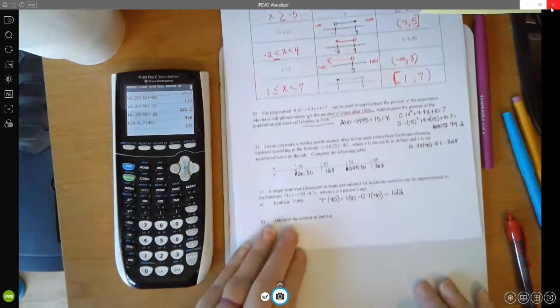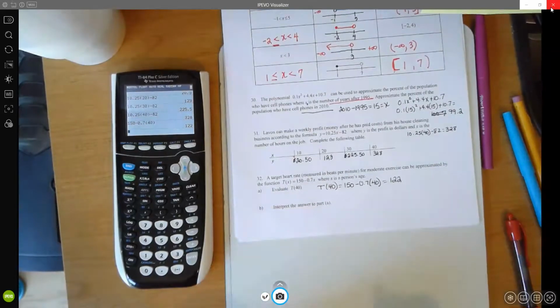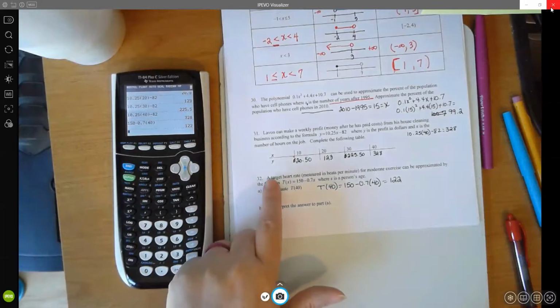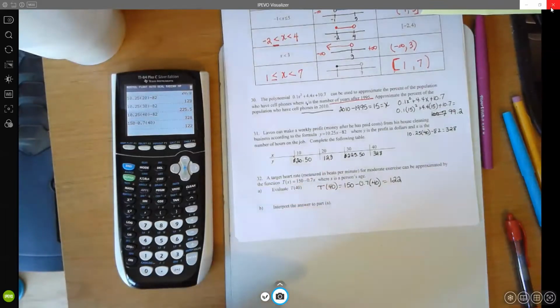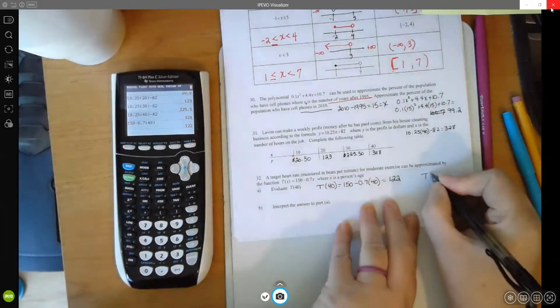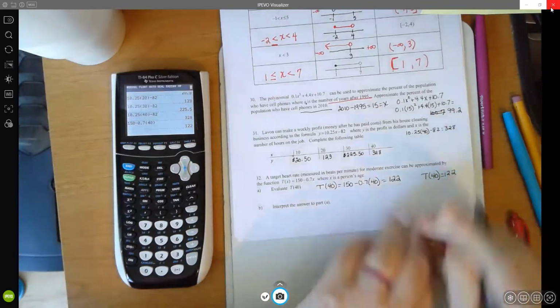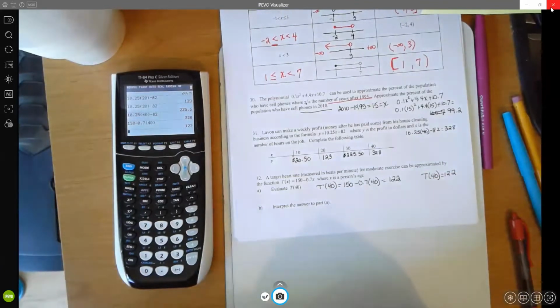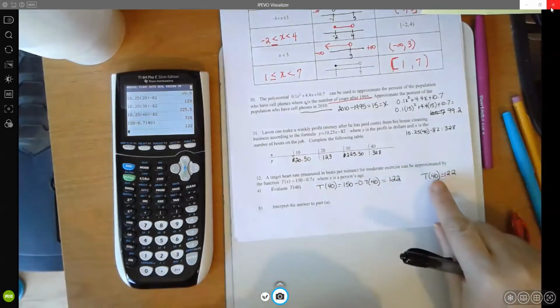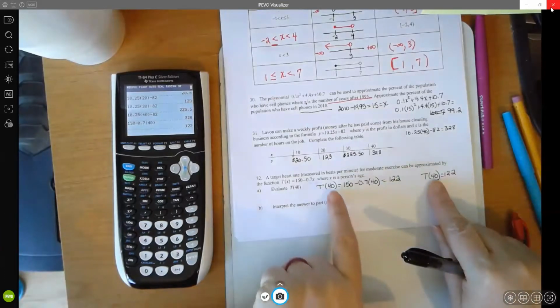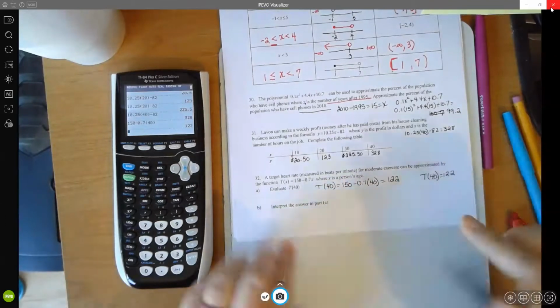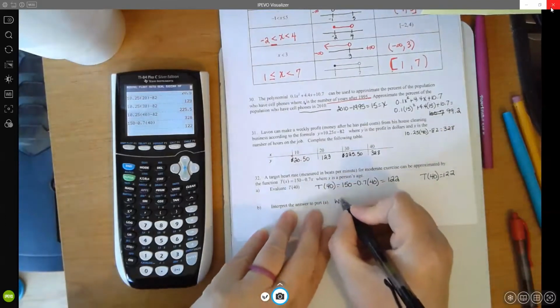So now it wants to interpret. Anytime we see the words interpret, we need to use words. So we need to write a sentence, and we're going to use the words in the problem as part of our sentence. Now, the first thing we want to know is we've got T of 40 equals 122. And if we have 40, that's our X. So X is the person's age. So I'm going to start with that. When